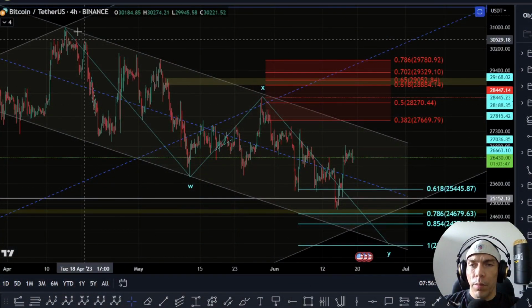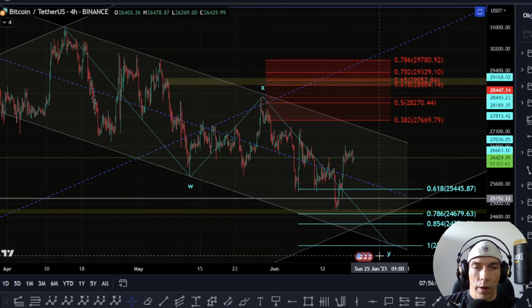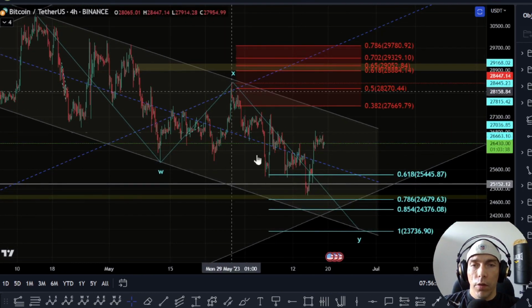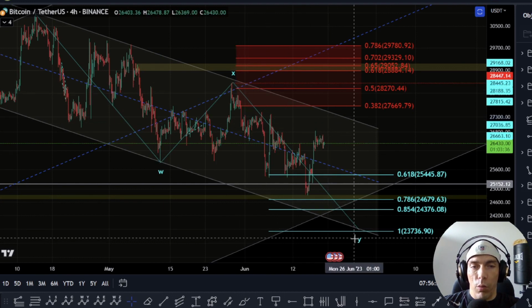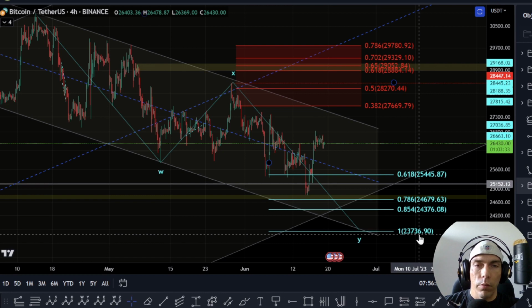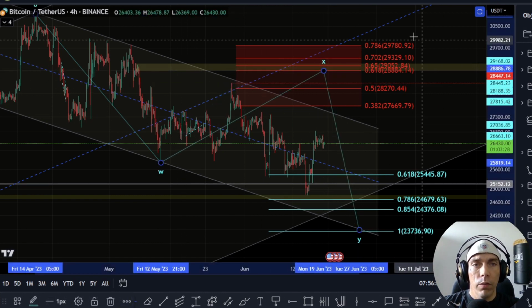Okay, so the primary way I'm still looking at this corrective move to the downside is there's a bigger W, X, and a Y. And now what I'm looking for here is two things. So potentially we could either be in this Y wave still, in which case we could see price move towards this 23,736, or alternatively what we could be is actually within this X wave, in which case we could actually